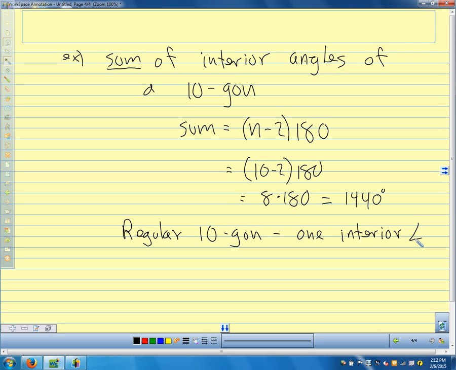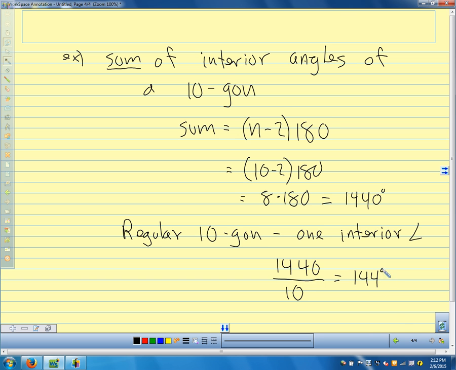What would we do? You do 10 minus 2 times 180 and then divide that by the number of sides. So we did 10 minus 2 times 180. We get 1440. And how many sides? 10. So that equals